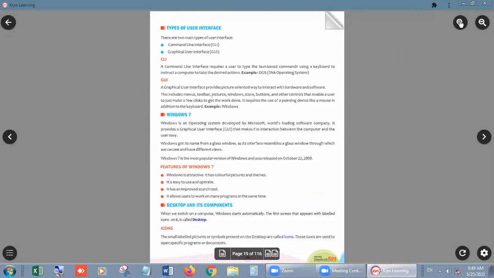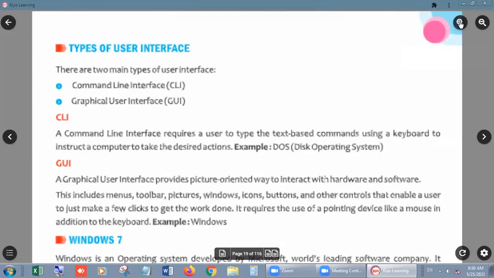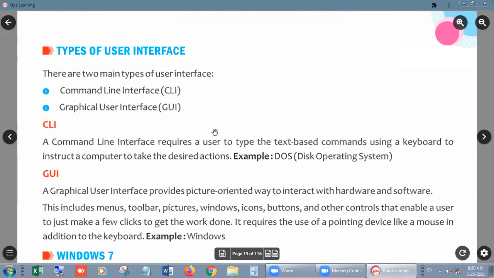Now, types of interfaces. We have two types of interfaces. Number one, command line interface, CLI.